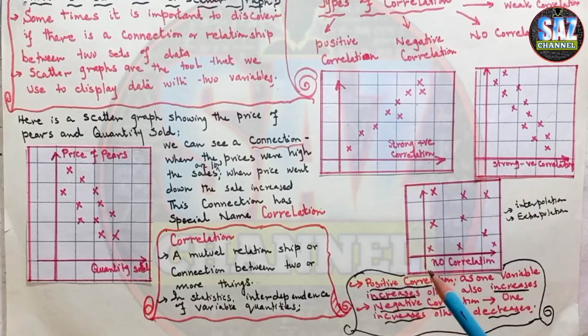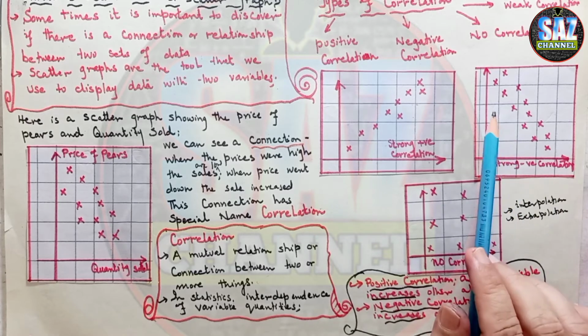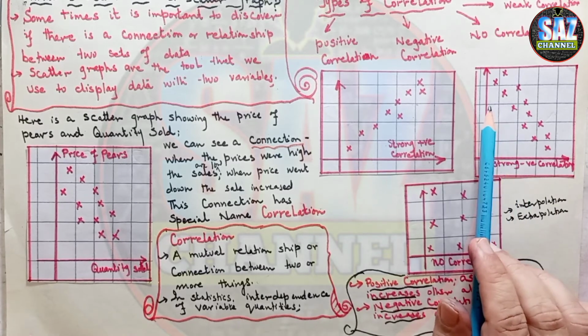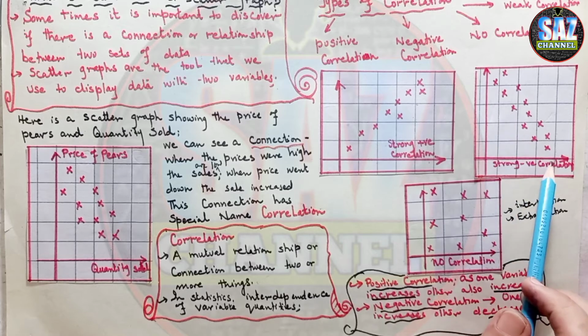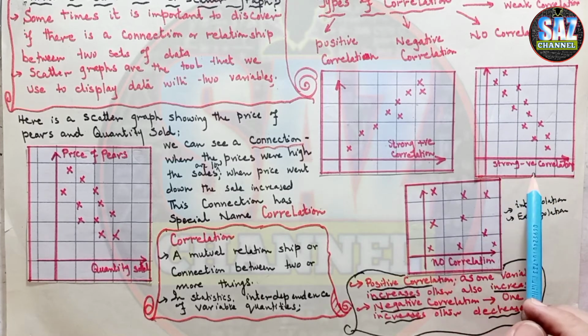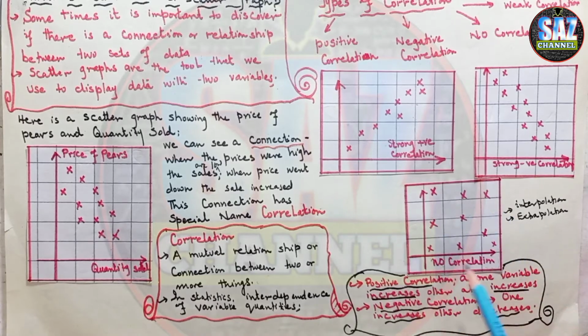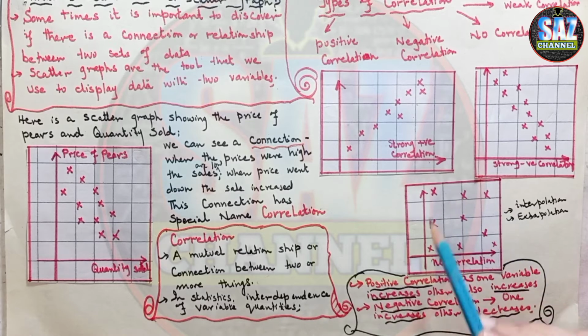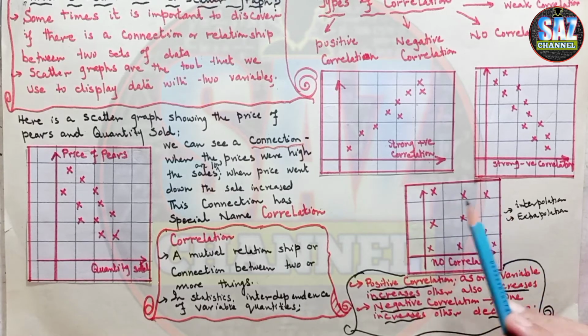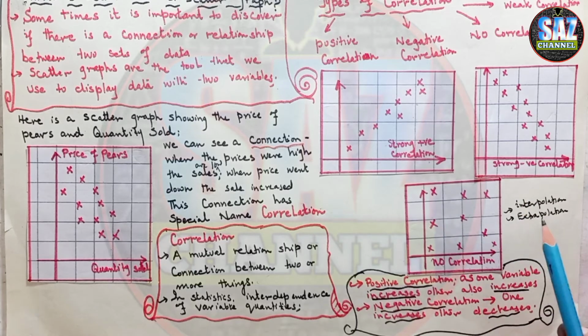Coming to the negative correlation, when one quantity increases, the other decreases. If we look at diagram 2, we can see that the points have a falling trend, and in this case we will have a strong negative correlation. And then when we plot the data points and they are scattered apart like the molecules of gases, not showing any connection, in this case no correlation is observed.